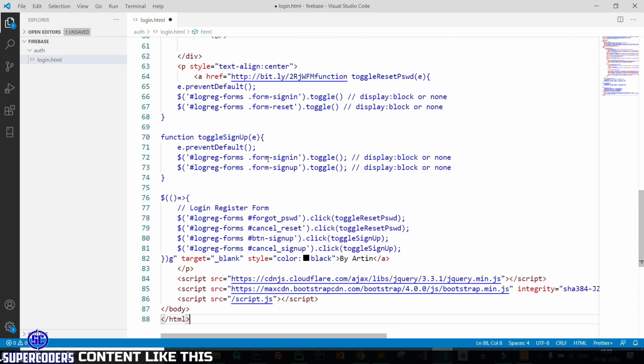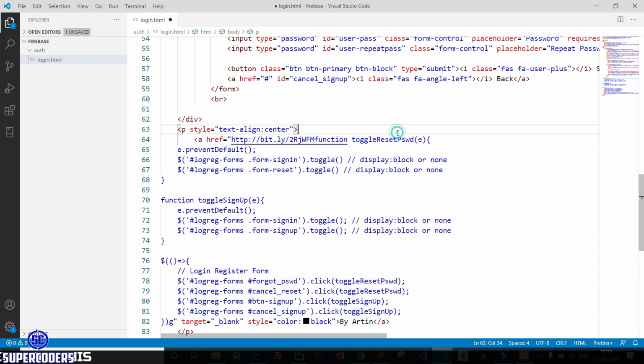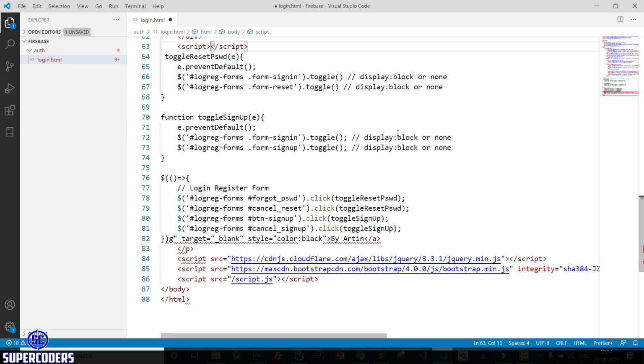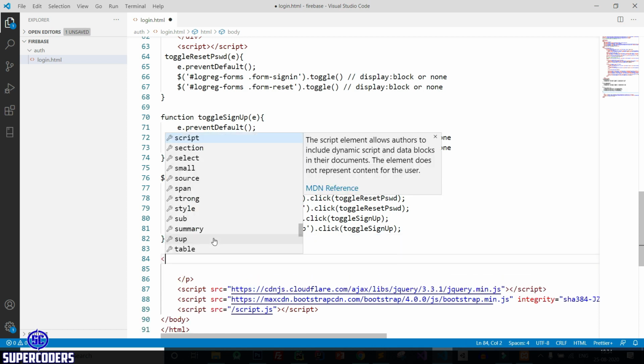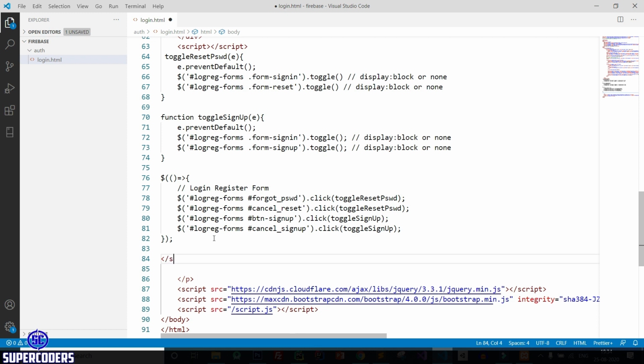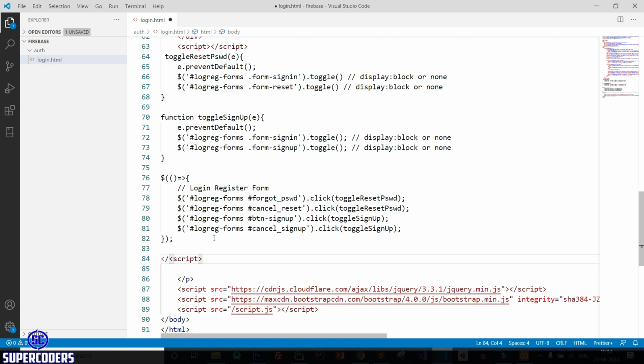So here is some error. Let's fix it. And here remove it, script, closing the script tag, save it.